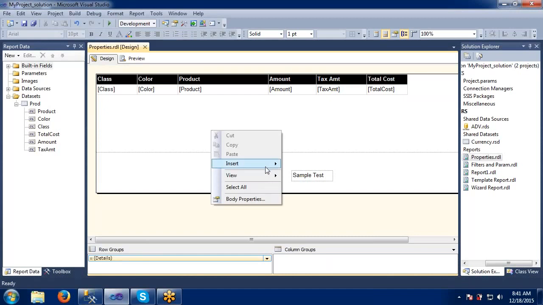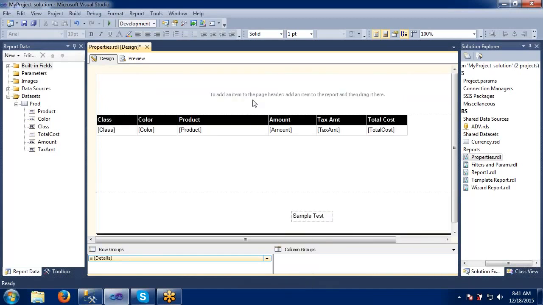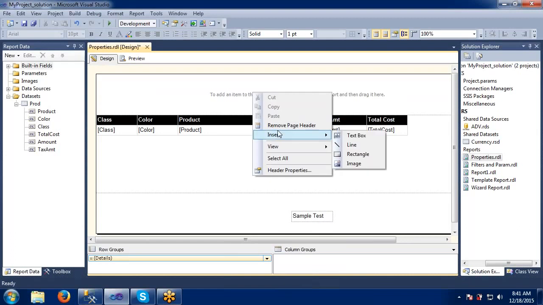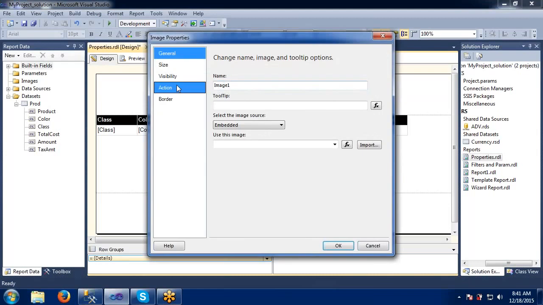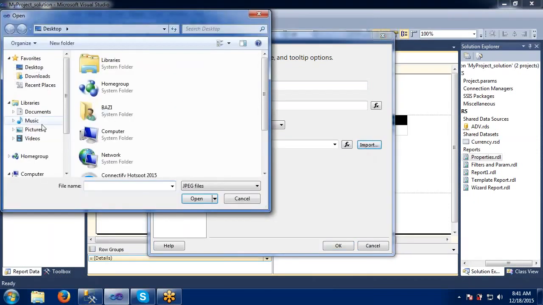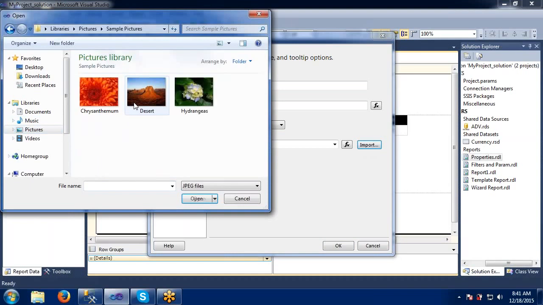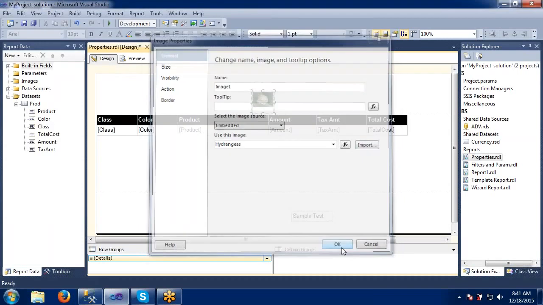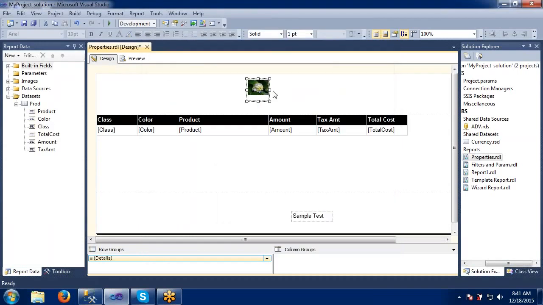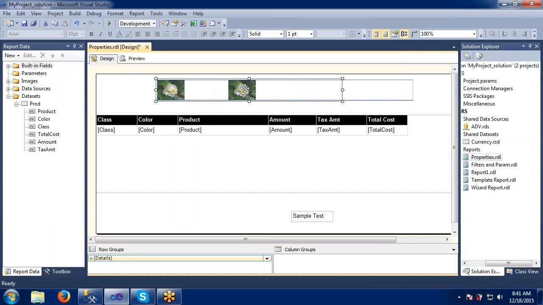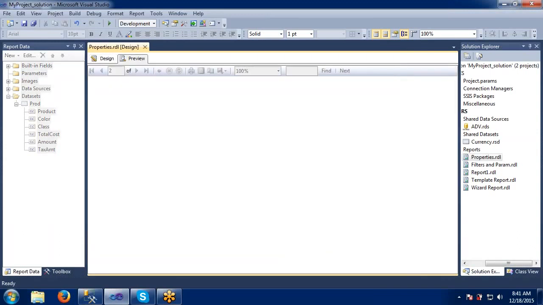If you want to insert a header here, it will automatically be in the header. If you want to display some image here, we can bring in that image name and import some sample image here. We can play around with all these options actually. On every page, this will be my company logo actually. So for that sake, I want to add this on every page here.